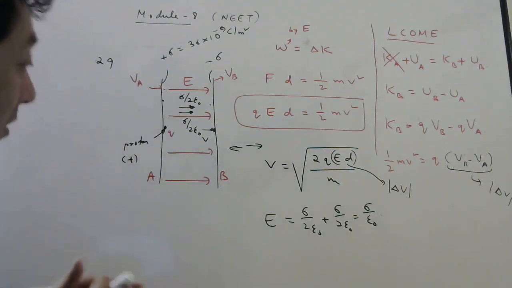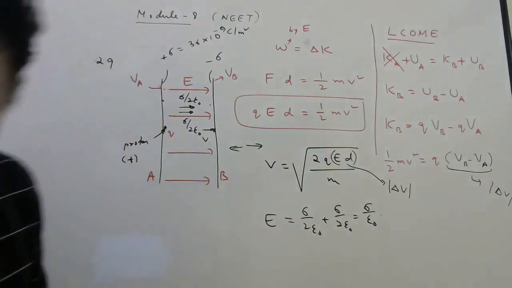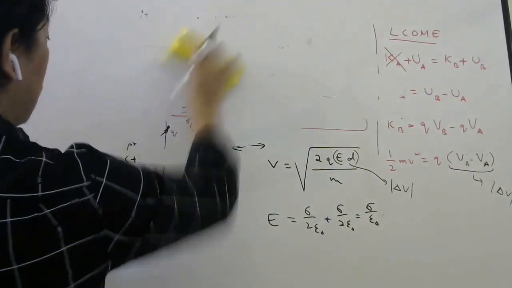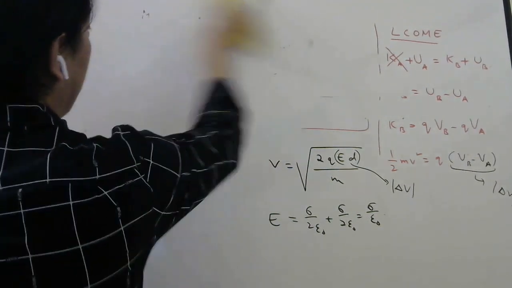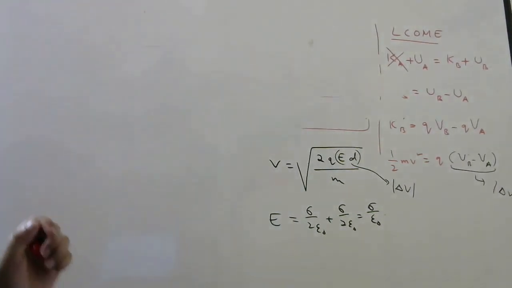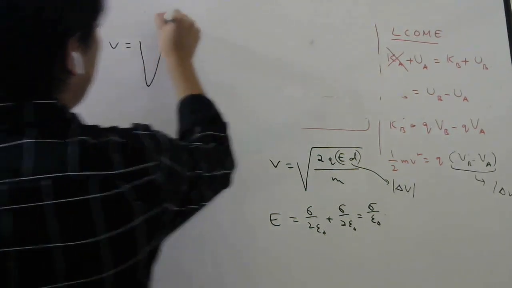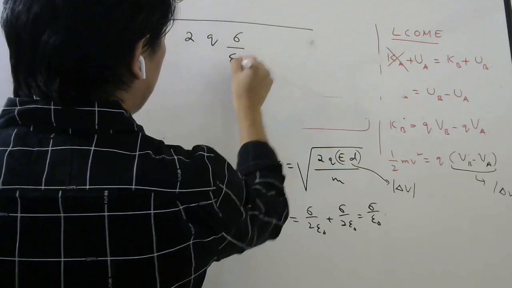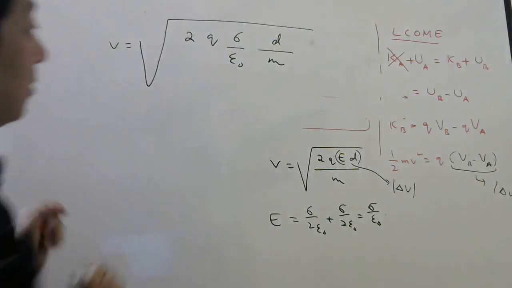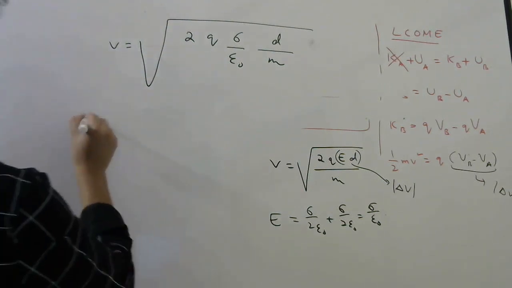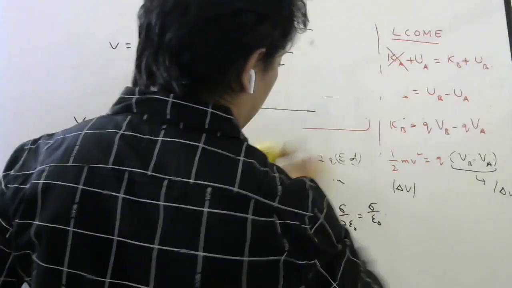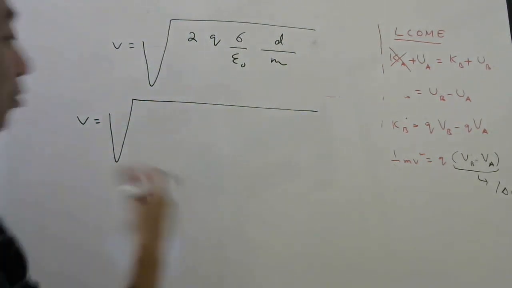Understood, students? Okay. So if I use this electric field, then what will be my final formula for the speed of the proton when it strikes the negative plate? It will be V equals root of 2qE d by m, where E is sigma by epsilon naught. So this will be the formula. Now we need to substitute the values. Again, this will be a little difficult, but we need to use approximation. Anyways, this is an entrance level question, so no need to do it exactly.